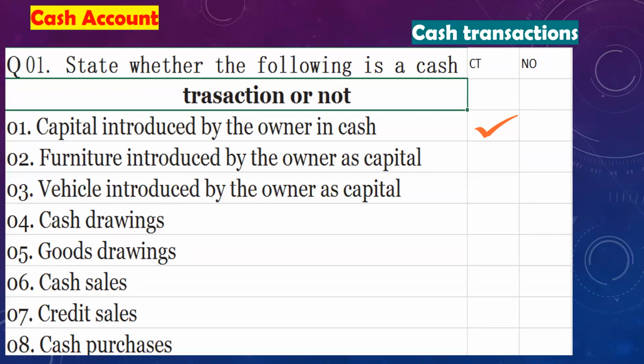Owner brought the furniture. Say you are starting a business, you imagine like that. Now you are not inside the business. You are the owner. You put your own money to business, 50,000. So it is a cash transaction. You have some old furniture at home, but it can be used for the business. So you brought all those furnitures and give to business.